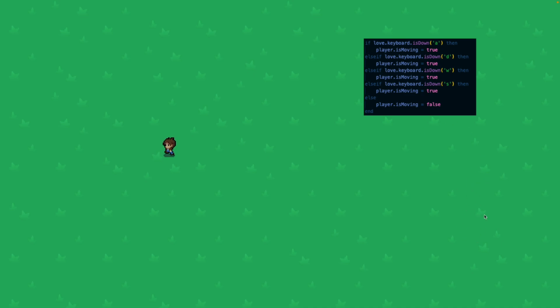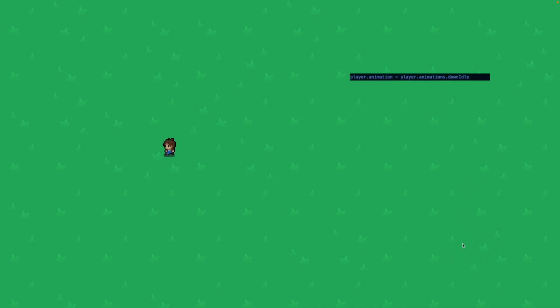Here's what that feature looks like. As you can see, the player can move left and can move right. There is technically a glitch where the animation will not stop, but that is easily fixed with this bit of code, and if his moving equals false, then we simply set the animation to down idle. Here's what that improved feature looks like. As you can see, the player will stop after finishing his run,